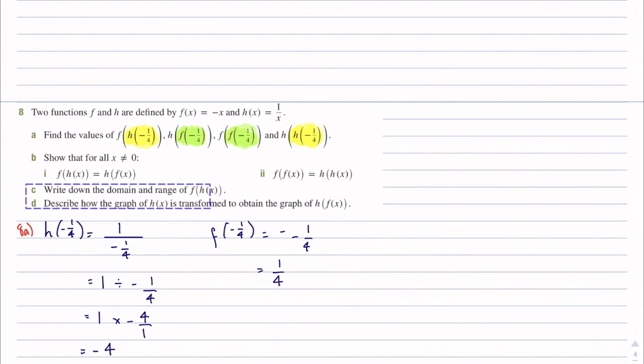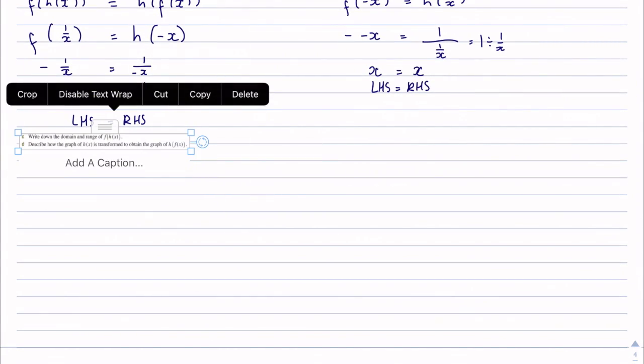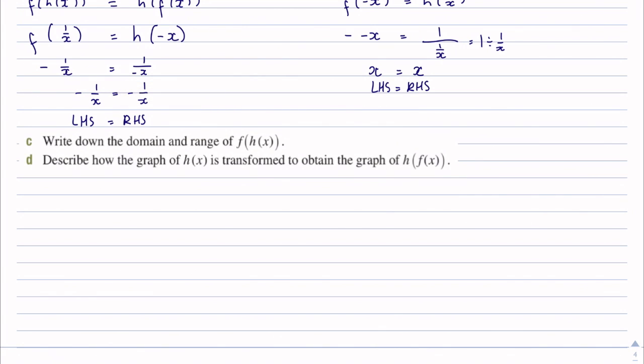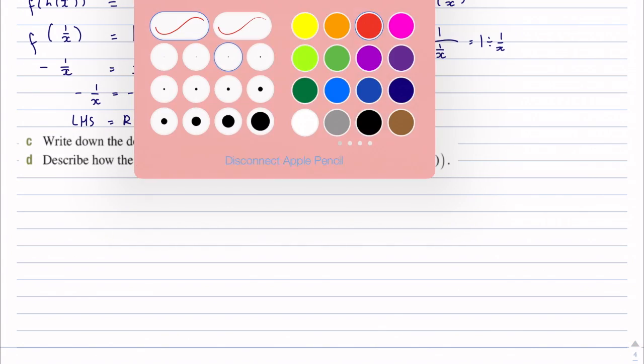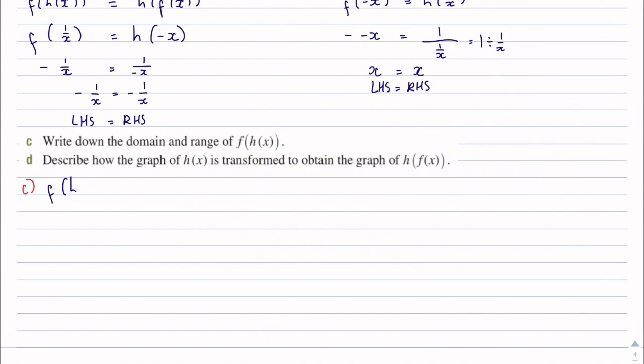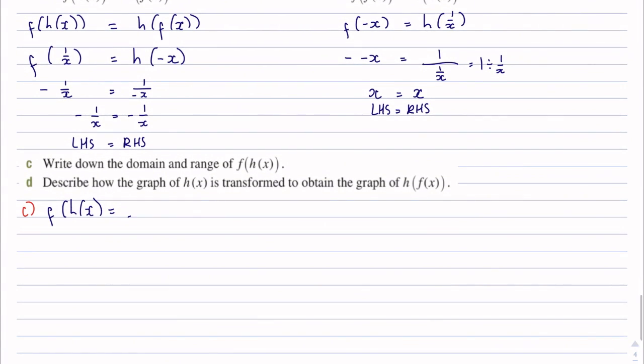Let's have a look at these ones. Well, f of h of x equals, so let's do C. F of h of x ended up as negative 1 on x. So for the domain, oh, and if I wanted to sketch that, by the way,